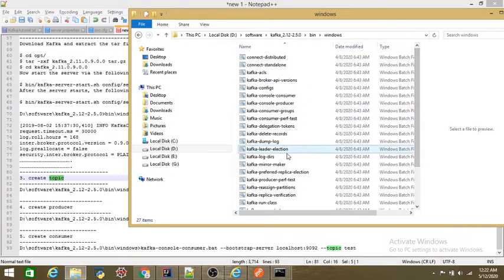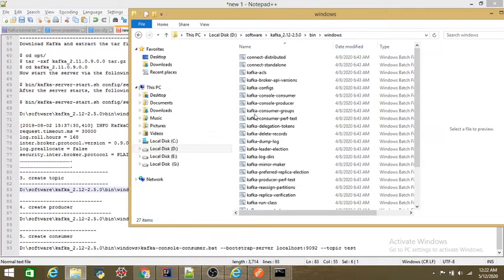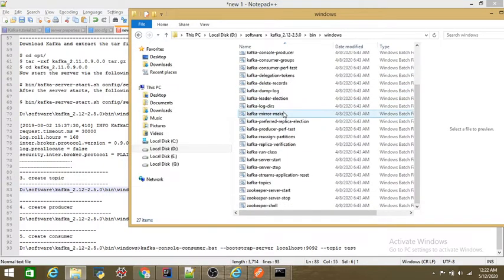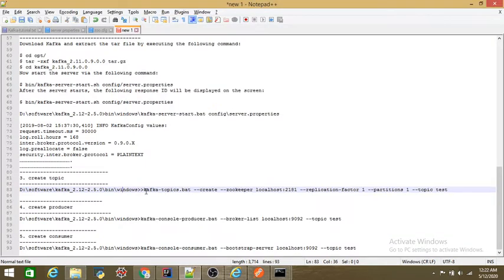So in order to create a topic, the kafka-topics.bat file is responsible for creating the topic. So I need to go to this path and run this command with the configuration of the topic name, right? So just go to that path.